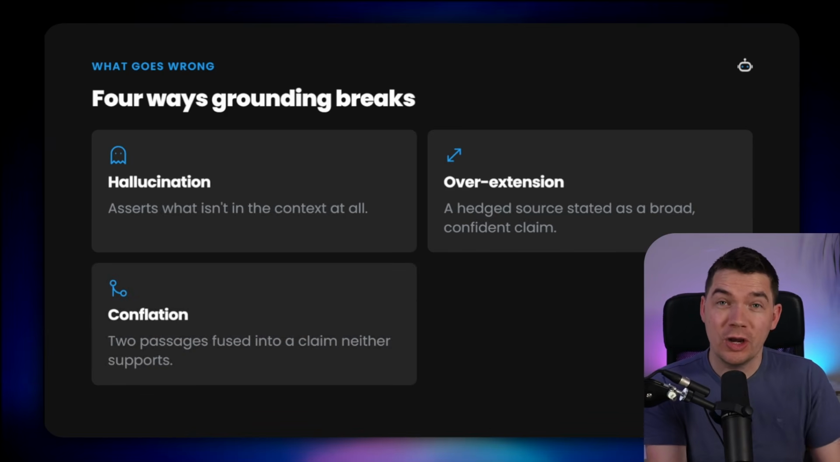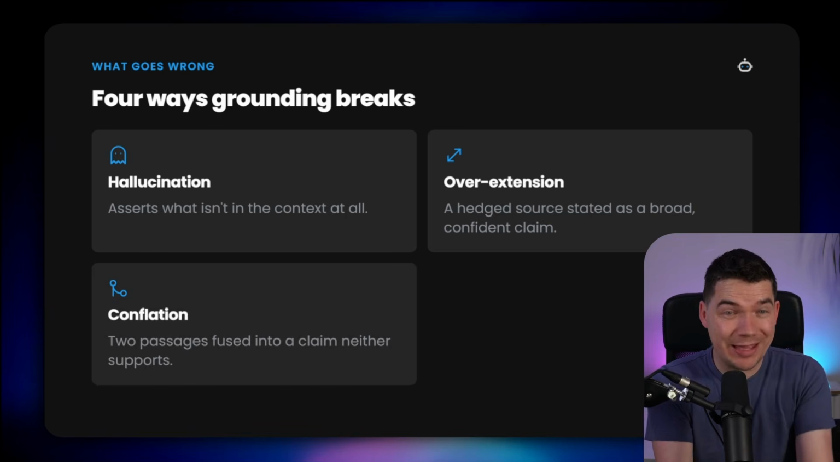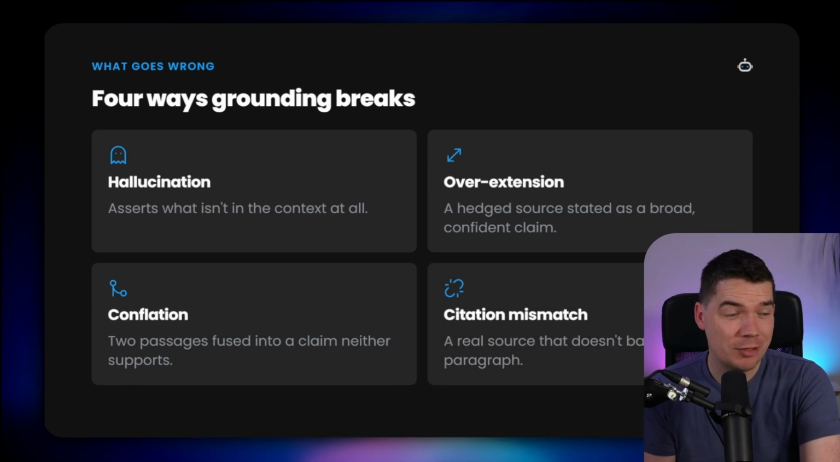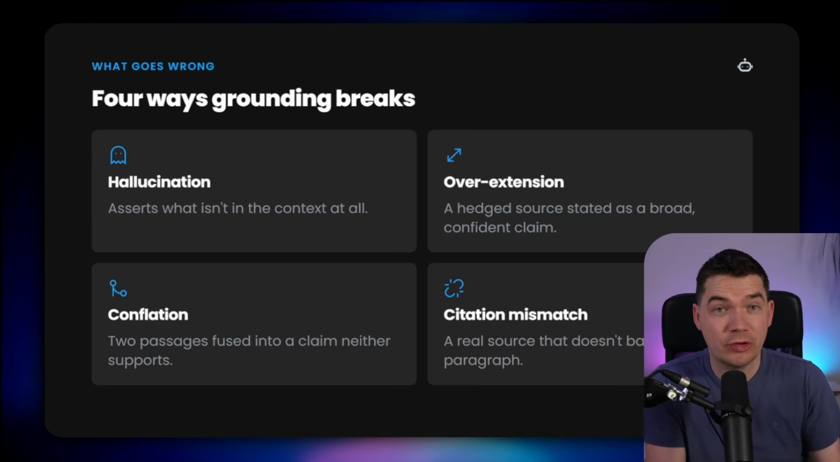There's conflation, where two retrieved chunks get fused into a single claim that neither one of them actually supports. This happens a lot in RAG systems, where you essentially have a bag of chunks being returned and mixed together by the model. And then there's citation mismatch. This is where the cited source is real and it was retrieved, but it doesn't actually back up the paragraph